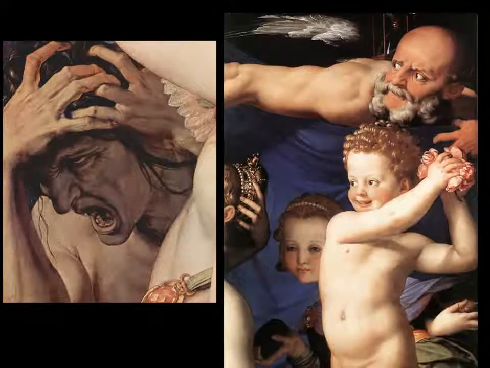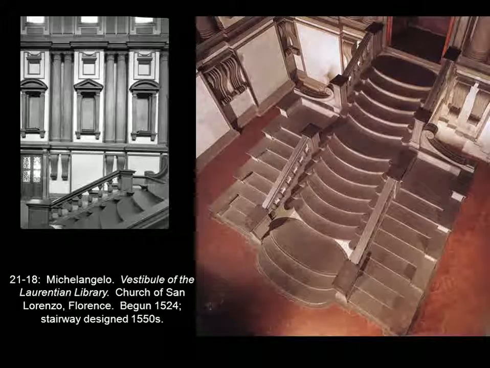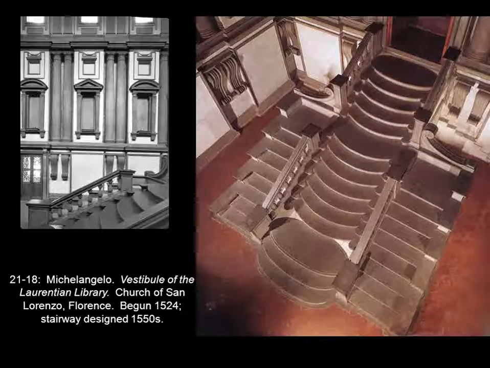Now, the last thing I'll show you is, in fact, Michelangelo himself again. Michelangelo, by the time we see him even in the Last Judgment, you already see him exhibiting the characteristics of a Mannerist artist. Some of the distorted, impossible body poses, the increase in muscular form, the greater compression of space with that bright blue ground. But he also becomes a Mannerist architect towards the end of his life.